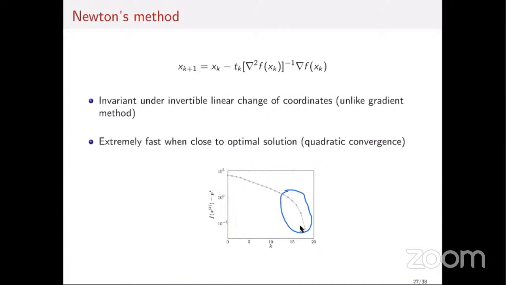But this is provided that you're close enough to the solution. Another property that I kind of forgot to mention here, and that is written on the slide, is, so you remember we've seen the gradient method. We've seen that the gradient method depends on the scaling of your problem. So if you take an optimization problem, you want to minimize f of x, and you run the gradient method,